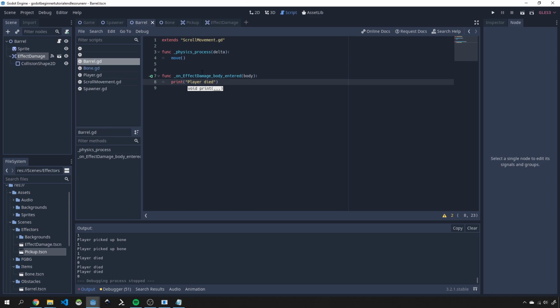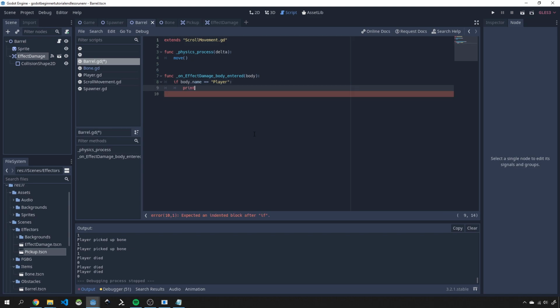And we are going to just extend this script very subtly to allow us to just detect the player. So to do that, we'll open up, we'll continue in the script, and we need to just do a very basic check. So the first thing is we're going to say, well, the body.name, if it is equal to player, which is our player node, then we'll do something with this. So let's then just say player